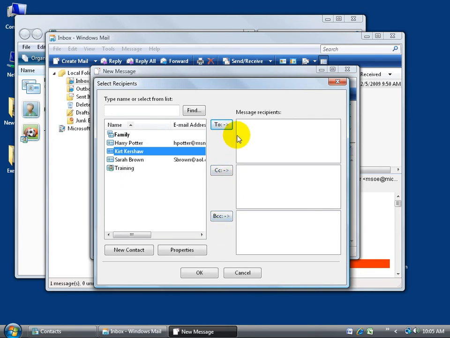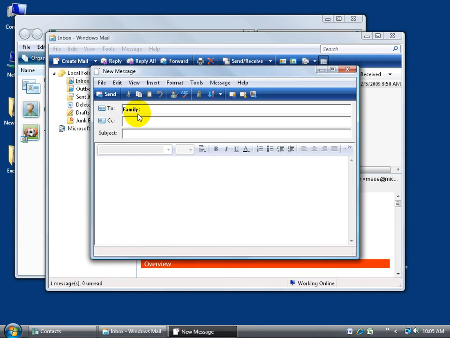First of all, anytime you want to send an email, just go ahead and come over here and double click. You're sending it to the family group, which means anybody whose account is tied to that group. Remember in the window behind us, we had both Harry Potter and Sarah Brown added to it. When I click OK, it's going to add that group name there. So when I click Send, after I'm finished typing my email, of course, it's going to send it to everybody